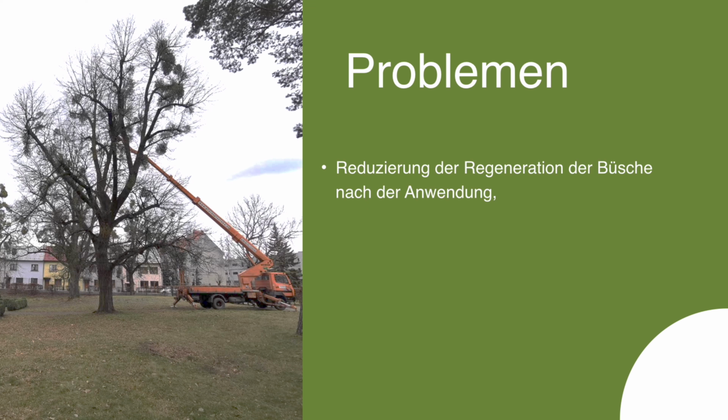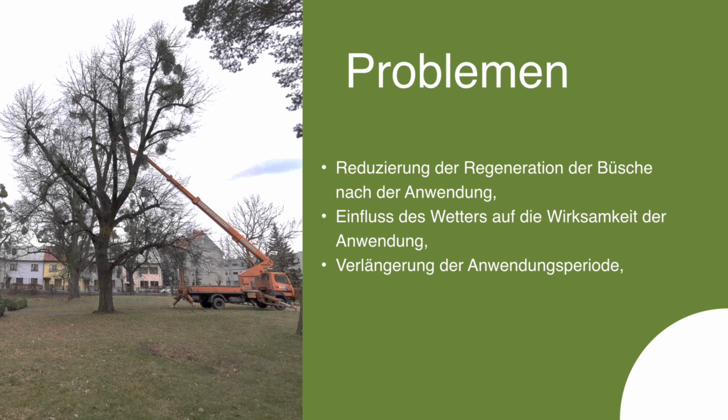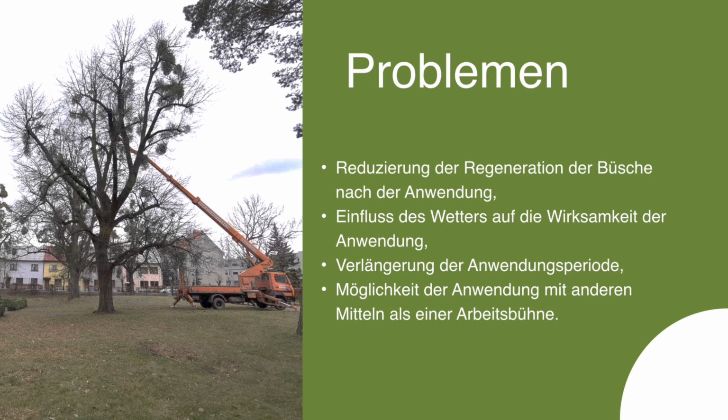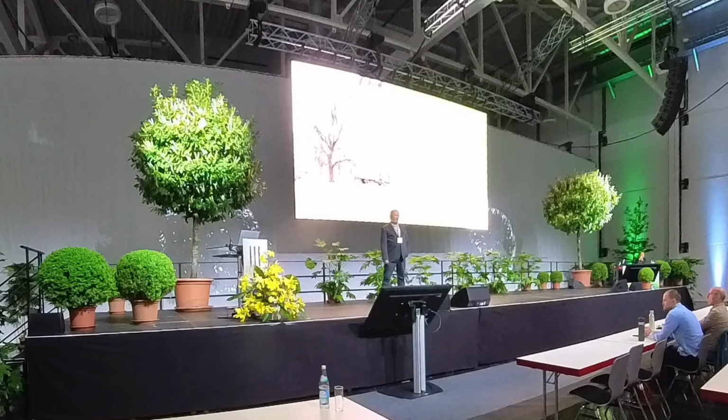The shrubs can regenerate, but again, as I told you before, it takes years for them to start producing fruits again. So that means that even if we reduce the current volume of the mistletoe in the crown, we achieve at least the fact that within these 4 years, the birds are not able to spread the mistletoe to other trees. So at least the pressure of the agent is lower. We try to find more room for the application.